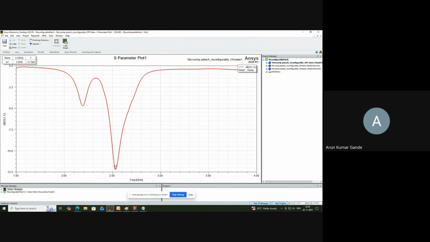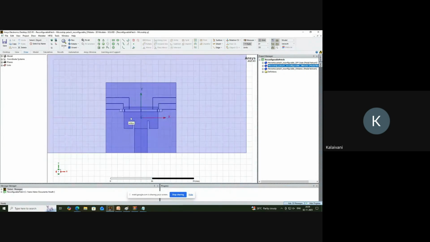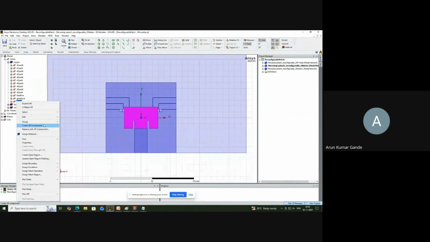Sir, can you show how to analyze the magnitude and phase angle during the on and off condition? The variation in magnitude and phase with the on and off case. So the first thing that you need to know is which elements are being excited. If you want to see the current density,